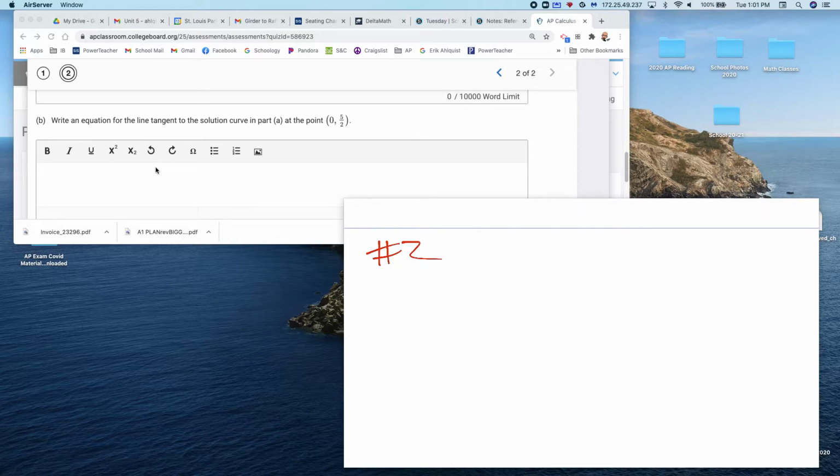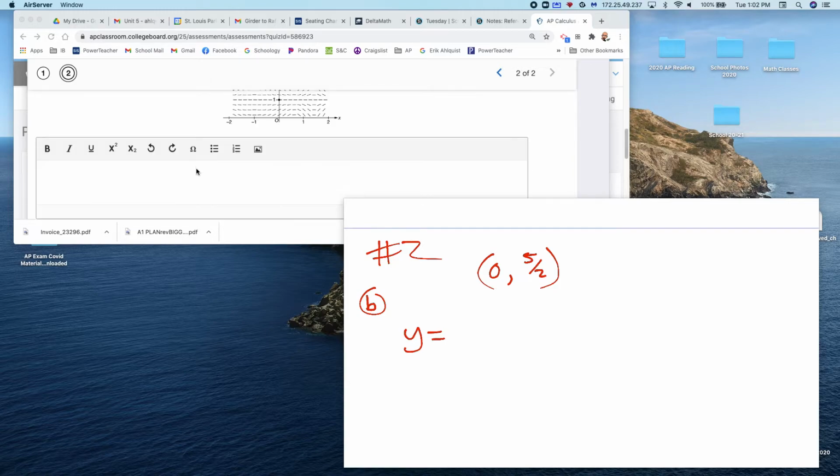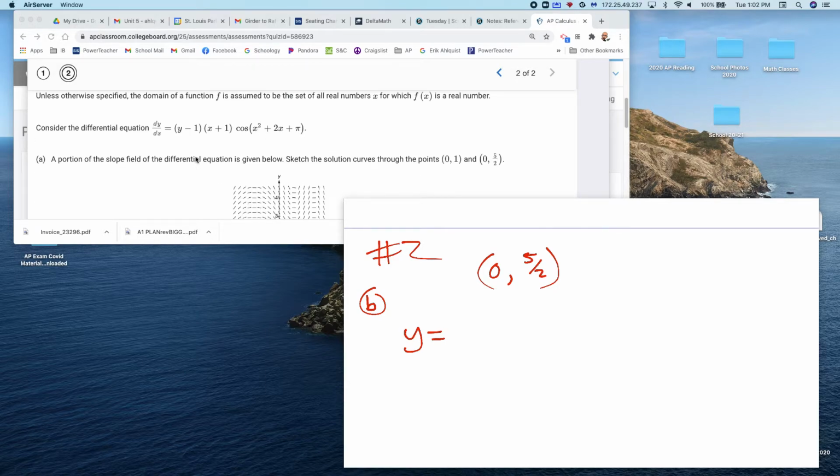Now, I'm going to be really, really generic with this. And I'm going to write it without doing any simplification. I know that the answer key is going to simplify. I know I've told you not to simplify. This is at the point 0, 5/2. So what I'm going to write is I'm going to go back up here to this equation, and I'm going to write, okay, what I have is